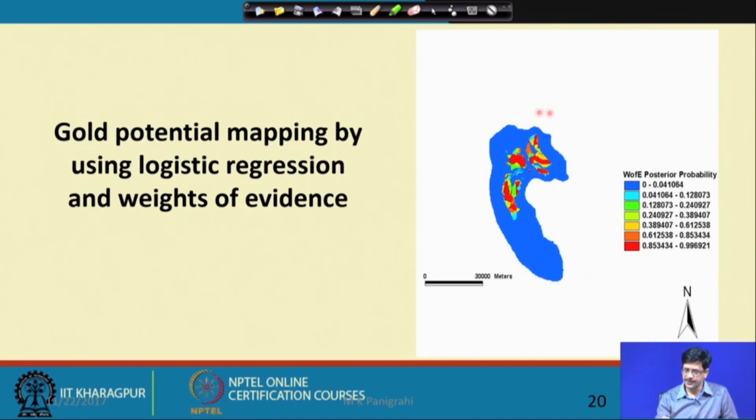Here the values of course are pretty high, 0.85 to 0.99, maybe because of the way it has been scaled. This also can be validated by showing the areas in dark red or dark orange showing the highest potential, and then seeing whether the working mines are actually falling on them. That gives us some amount of confidence, and then these areas are the areas where the probability of occurrence of this gold deposit is presented to be high,